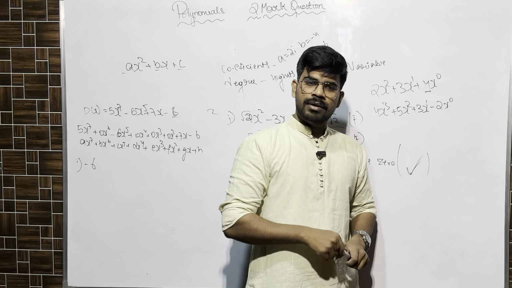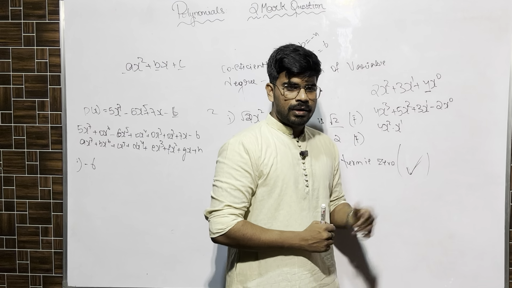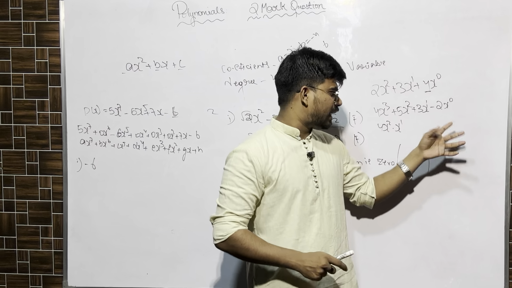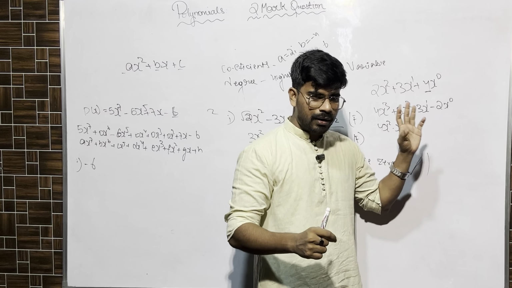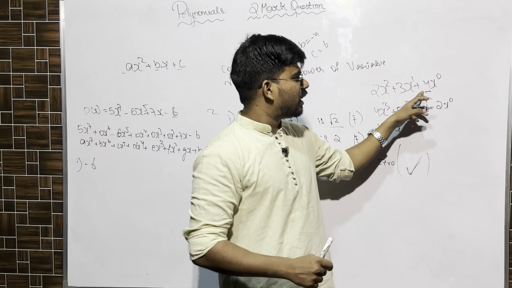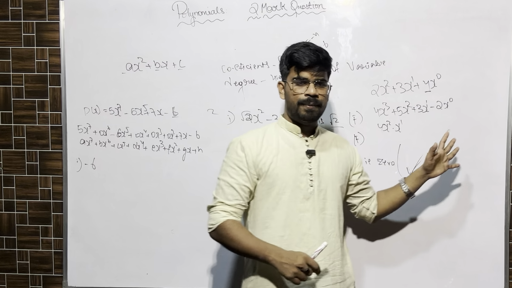Okay, 4x square and 4x square and x power 1, so it will become 4x cube. So we can split it and write it. There are a lot of possibilities for that. However, while considering the degree, you just have to take whatever is there in the power. But x power 0 is nothing but 1. If you multiply the constant term by 1, you'll have the same constant term.